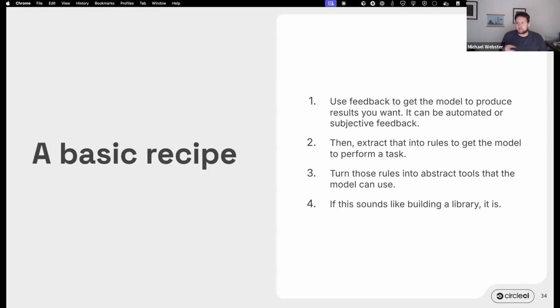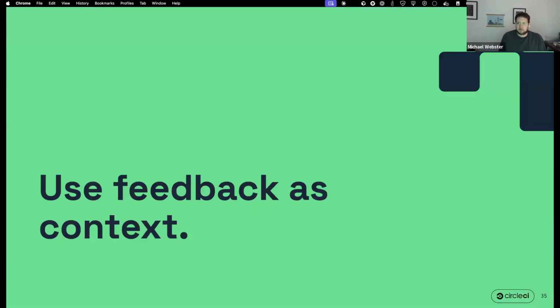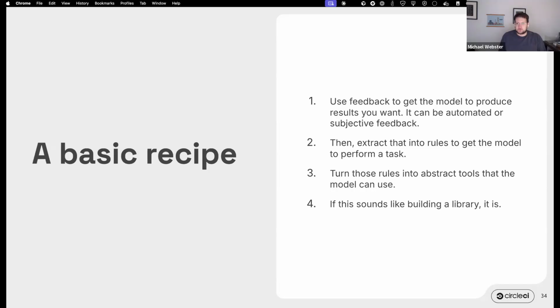You find out that it actually applies in a couple of different places, so you pull that into a helper, and then you find out that the multiple use cases actually apply to lots of different projects and lots of different environments and contexts, and so you pull it up into a library and you figure out how to parameterize it. I want to be clear, this is a recipe, not a formula. This is the thing that you have to play around and tweak, but it is something that we're finding good results with internally, right? This notion of prompt the model until you get it to produce results, ask it to summarize the process that it did to produce those results, and then abstracting those into things that are reusable for everyone else in the organization.